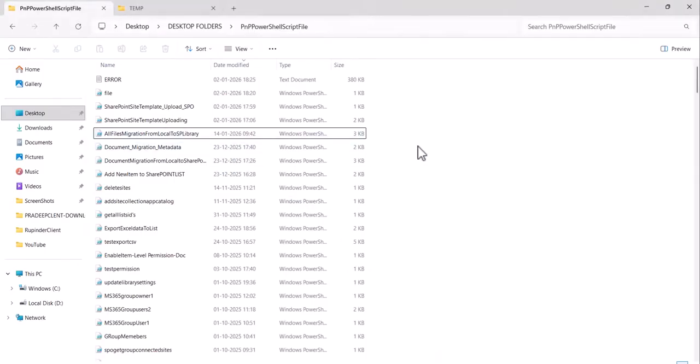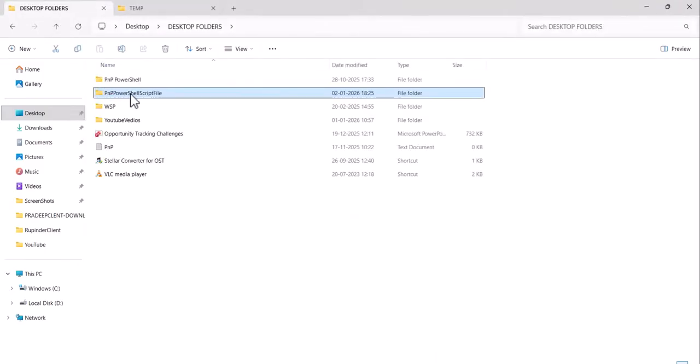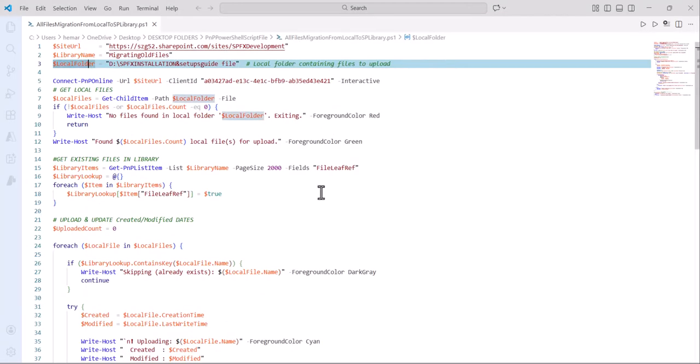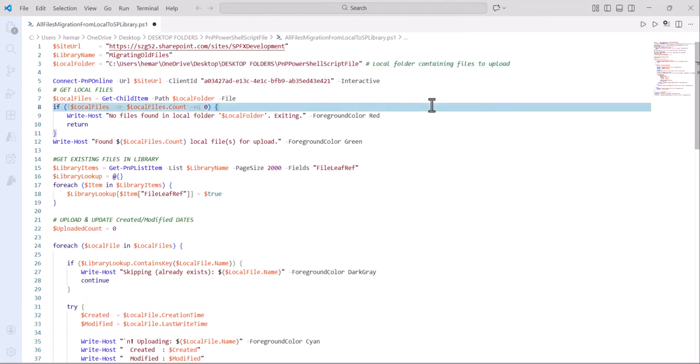So let me go back here, copy path, that entire folder we are going to move into this document library. So this is the file location. So now you understand, right? The site URL is containing the SharePoint site URL where our document library is present, and the library name is containing our document library name, and local folder path where our local files are present, that location we need to give. And then using the Connect-PnPOnline command, I am connecting to the SharePoint site URL by providing that variable